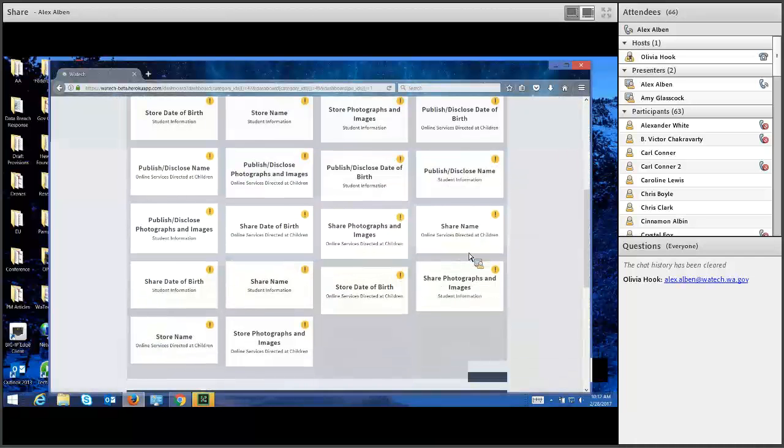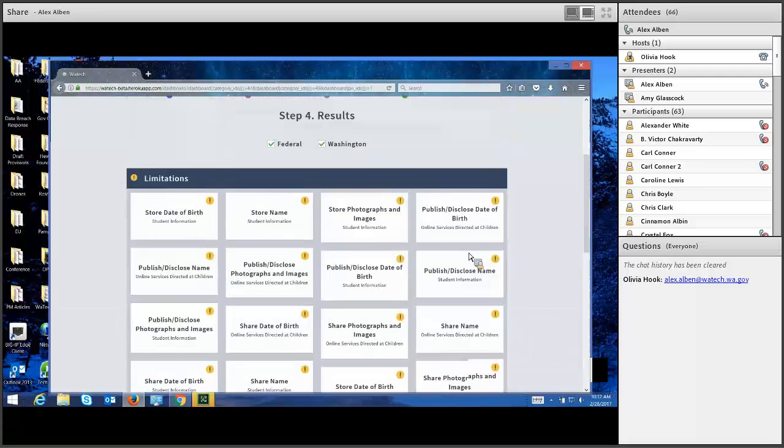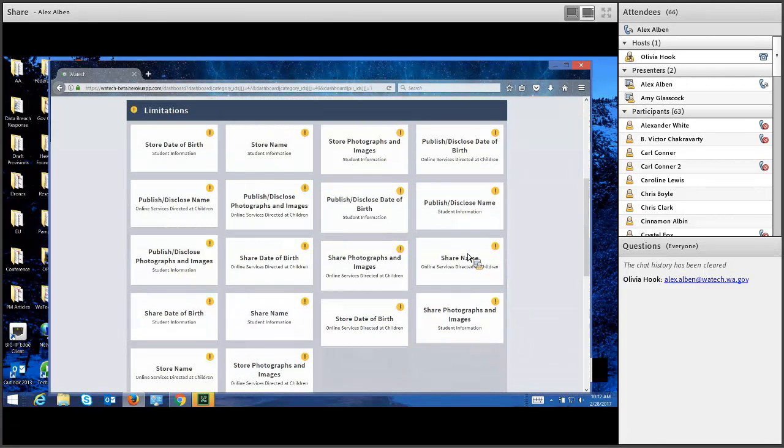So here's what we got. This tool has pinged our database, and essentially this is a specialized search engine. We have loaded the database with laws of the federal government, about 18 laws dealing with privacy, and Washington State, another 17, 18 laws.